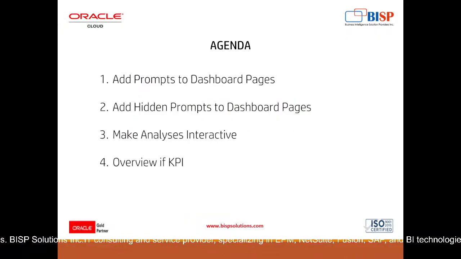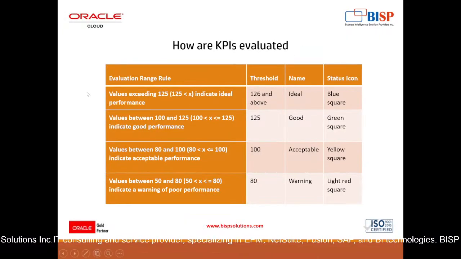So this has values that exceed 125. So if the value exceeds 125, this is some number I've taken for the example, it indicates ideal performance. It will be in a blue square, and if values are between 100 and 125, it indicates good performance and